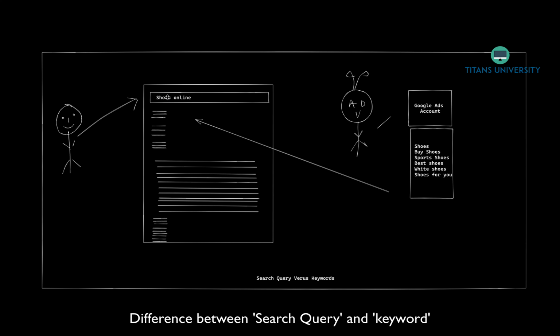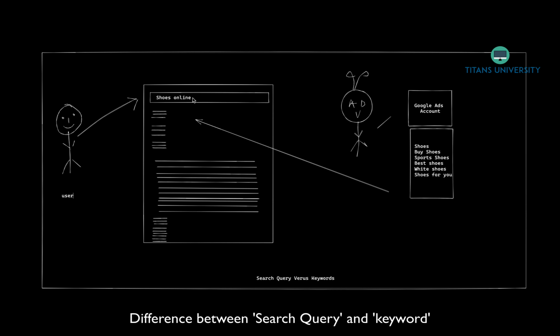So what you see in front of your screens is a user. This is a user who is trying to search for something on Google. This is what the user has put in, which is shoes online. And then you will see a user who is happy because he's about to get what he wants. So let's start labeling these terms. This is a user who has put in a word or a set of words or a phrase called